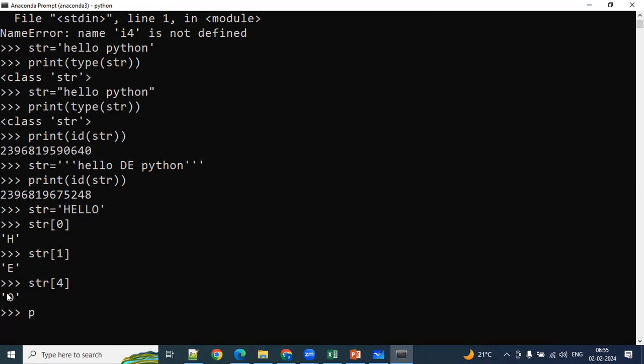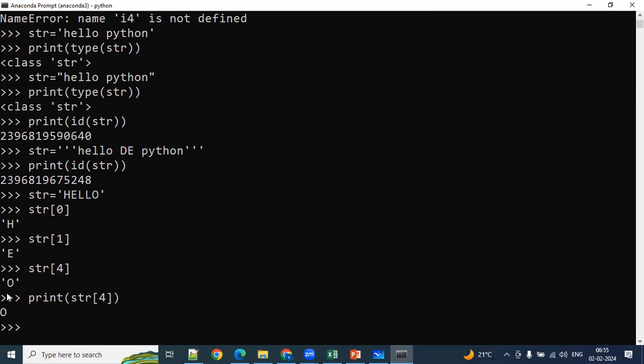Or you can use print also, print of str of 4. I told you, right? Taking the variable's representation and printing are different. You get the actual value with quotes, and the printed value like this without single quotes.